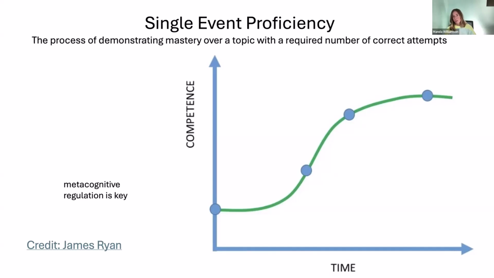And so we have to talk our students through the process of, when you get a question wrong, copy down what it is that you did wrong. Try to figure out how to solve that question. Talk to yourself. And then eventually they go, oh, I thought this was, but in reality it was that. And then bam, they just start getting them correct over and over and over. And then they rip through the assignment, demonstrating for one particular topic, single event proficiency. In one sitting, they have become proficient in a particular topic.